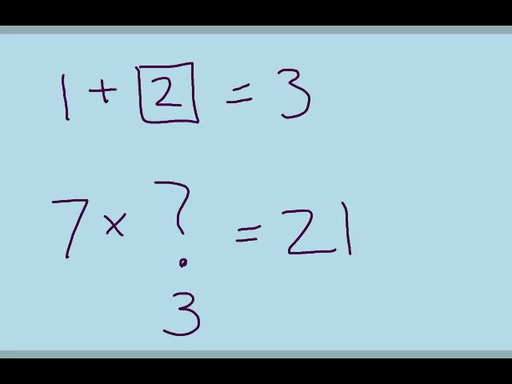In both of these cases, the box and the question mark, all a variable does is hold the place of a number. It represents a number. If you can remember that, I think it'll help you be less intimidated by variables. Just always remember, a variable simply holds the place of a number. Now we're going to talk about variable expressions, but before we do that, let's get to something you've seen in the past, which is something called a